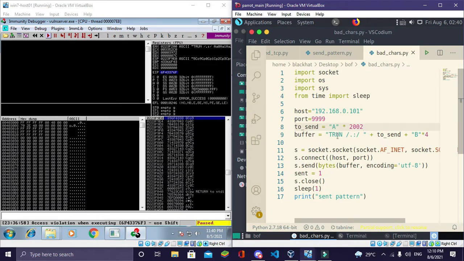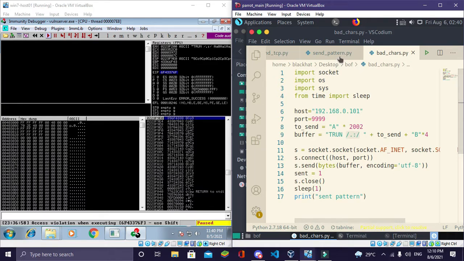and here you can see we are sending the same TRUN command, and these characters, this slash, dot and double dot slash, are needed when we are sending this in a Python script. In the normal way we don't need this, but when we are sending this with a Python script we have to add this part.